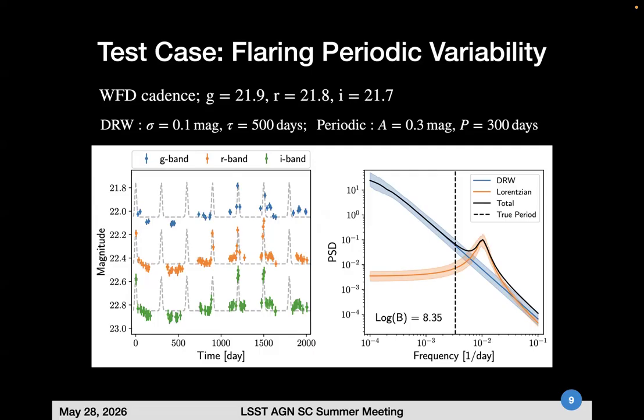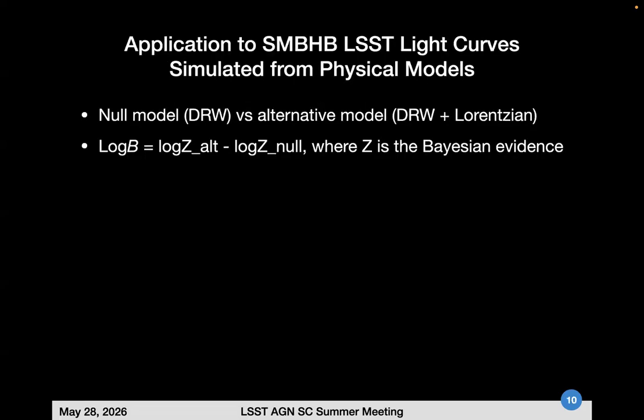Then we tested on more realistic light curves, generated starting from physical models, where the results will be more important, right? The way we do this is we fit two models. One is the pure DRW, assuming it's a single quasar's variability with no binary involved, and then we fit another one, assuming there's both accretion disk variability and some periodicity due to a binary. Then we compare, in a Bayesian way, the evidence you get from this null model and the evidence you get from the alternative model. And then you use log B to select the best